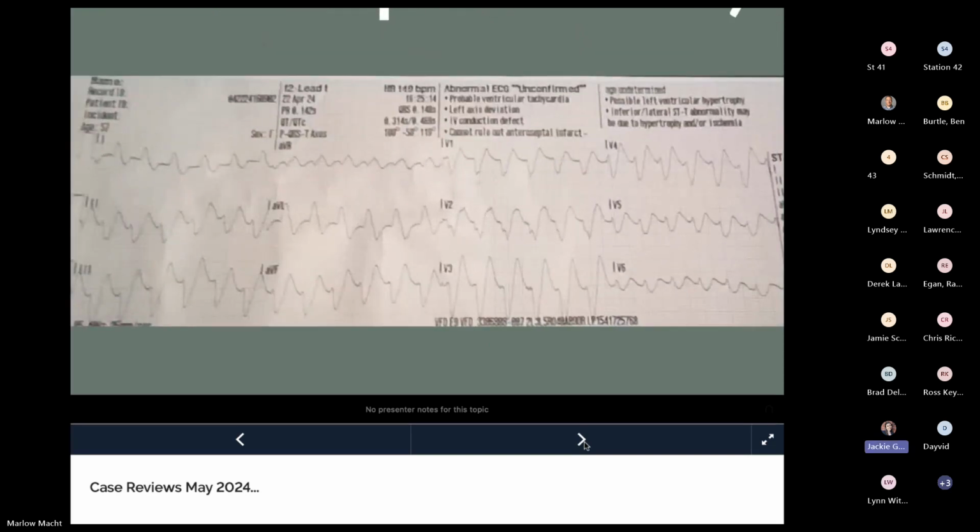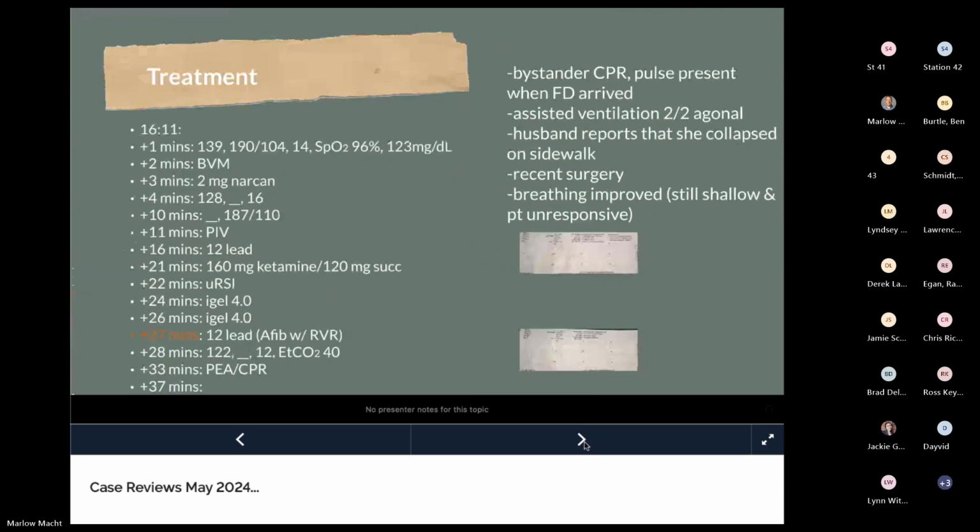They get this fast rhythm that appears to be wide. The image is not very clear, but the QRS is, I believe, 0.148, and the QTc is 469. Next. I don't know what they coded that first 12 lead as. I believe that was not from the transporting agency, but from what I could gather, they moved towards intubating her